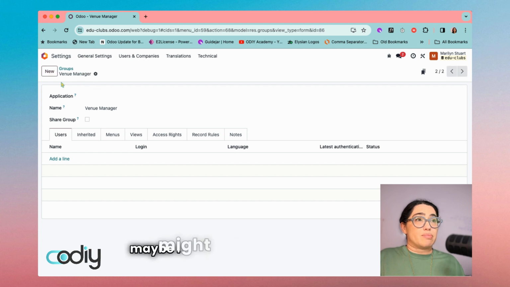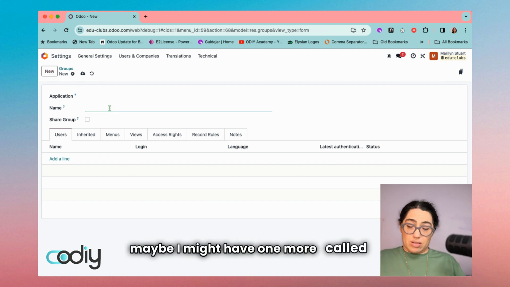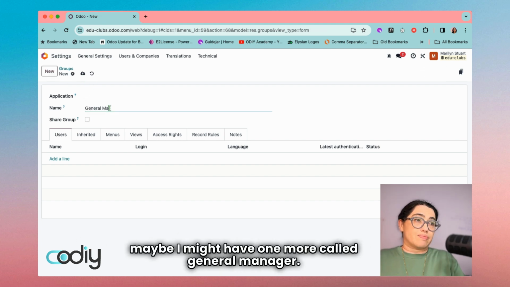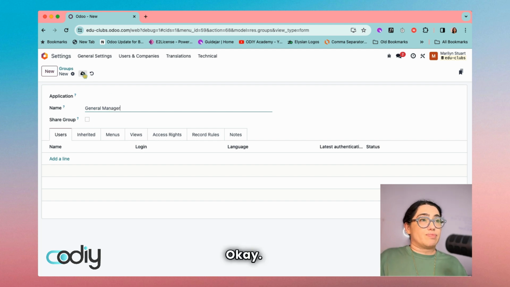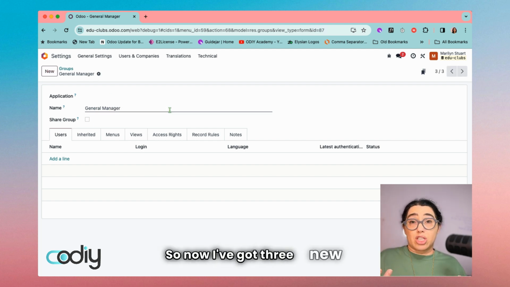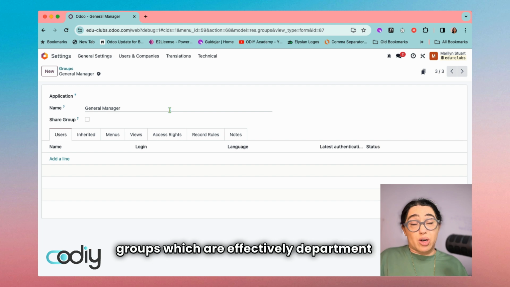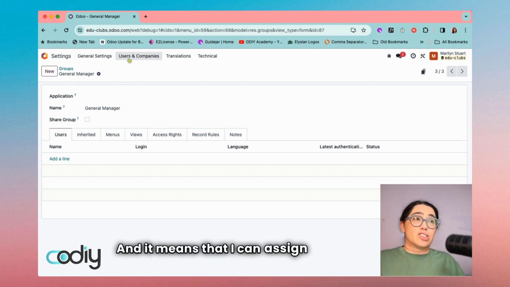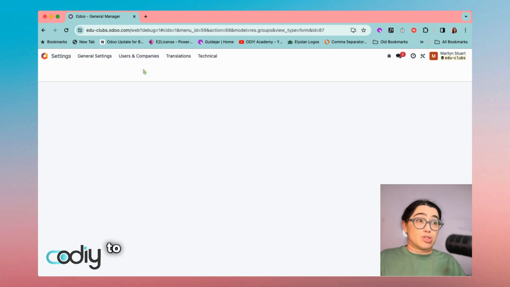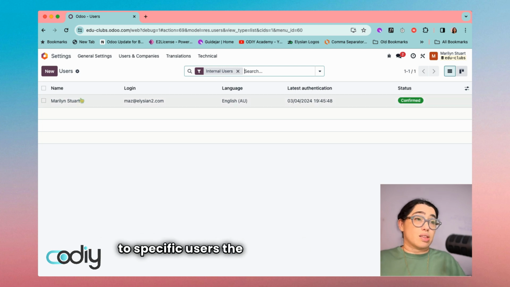Save. And then maybe I might have one more called general manager. Okay, so now I've got 3 new groups which are effectively department heads, and it means that I can assign these new groups to specific users. At the moment we just got me,